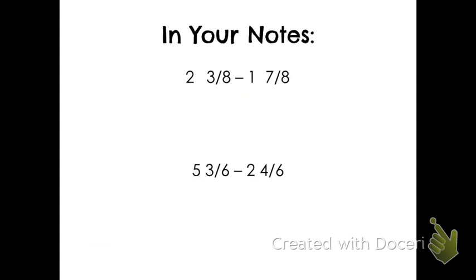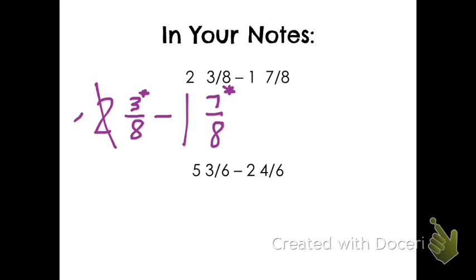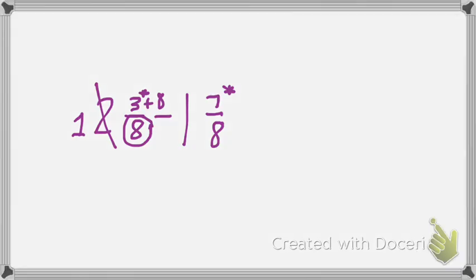So we're going to try a couple more. So I want you to go ahead and write down these ones in your notes. The first one we're looking at, 2 3/8 minus 1 7/8. Well, again, I take a look at the numerators of the fractional parts first. Well, I cannot do 3 minus 8, so I borrow 1 whole from the 2. So 2 becomes a 1. I add whatever the denominator is, because that would be my 1 whole. So I'd be adding 8 eighths. So I add it to my top number, which would give me 3 plus 8, giving me 1 and 11/8 as my new first mixed number, minus 1